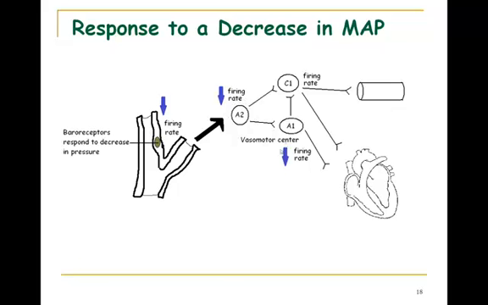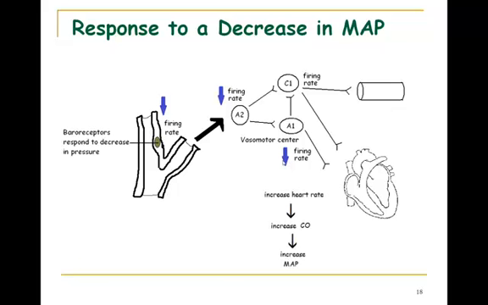So the firing from A1 will decrease. If you have decreased firing rate from A1 to the heart, think again, parasympathetics, heart rate, you're letting off the brake. Your heart rate is going to increase. If your heart rate increases, that will help to increase your cardiac output,